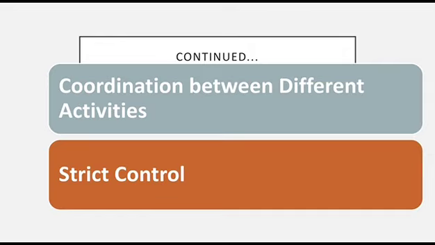And the next point is coordination between the different activities. For achieving greater efficiency, it is necessary that store location should be such that coordination between different activities of various departments could be established. Stores should be located at such a place where employees are commonly crossing. This will help them to discuss their problems with stores specialists whenever needed. As a result, their small problems resulting in their activities can be solved without much effort and